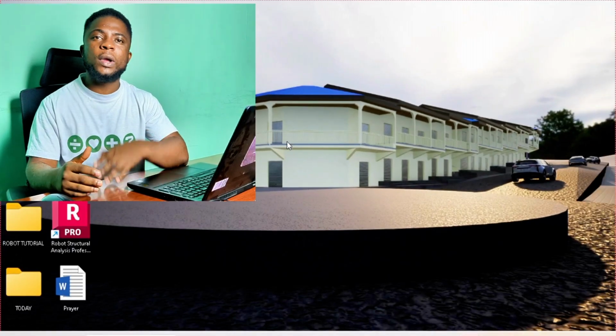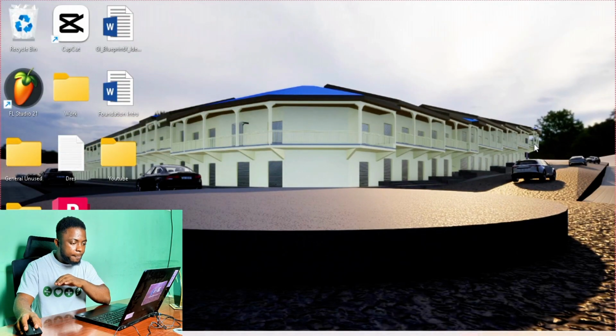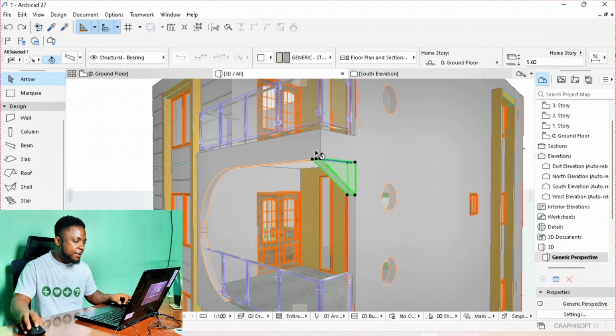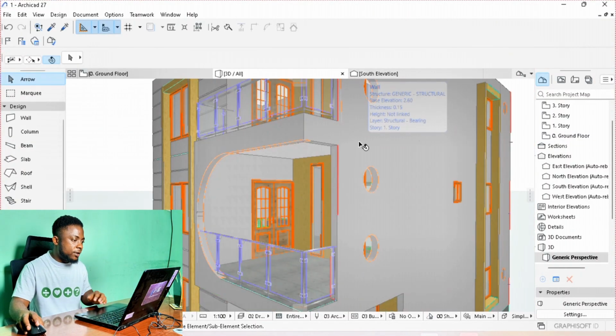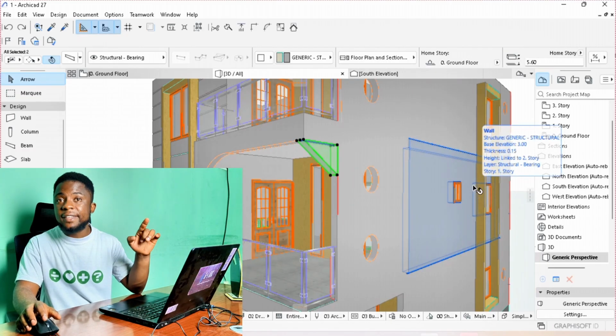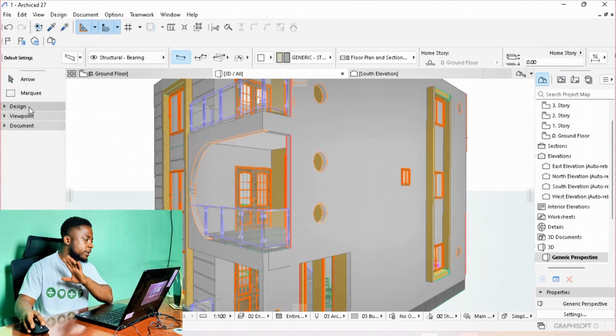Well, in today's video, we are going to be drawing a gusset beam in ArchiCAD, and this is what we call a gusset beam. We are just going to head into ArchiCAD, and these are gusset beams. This is the structure without a gusset beam, and this is the structure with a gusset beam. We are going to dive into drawing these gusset beams, and to do that, we are going to click on